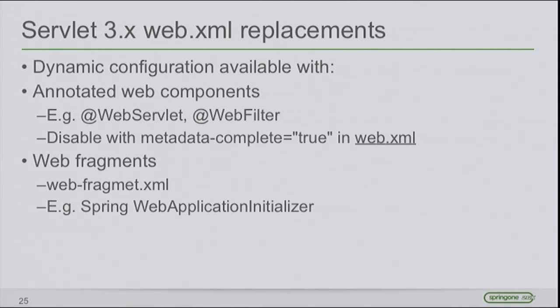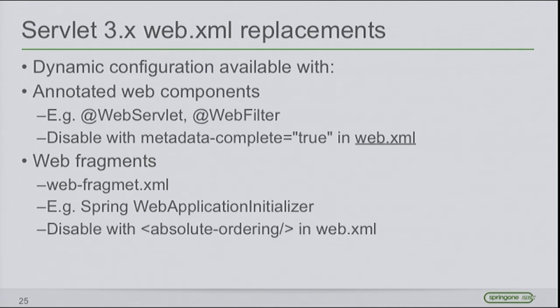And one of these web fragments is the Spring Web Application Initializer. So in order that you don't have to do that yourself, because you have to create that file, and you have to point to a file again, and you have to create that file, that points to an application class, and so on. So therefore, we simplify that for you in the Spring framework. And we created a jar file, which includes the Web Application Initializer, and that jar file has a web fragment XML in it, and therefore it's a web fragment.